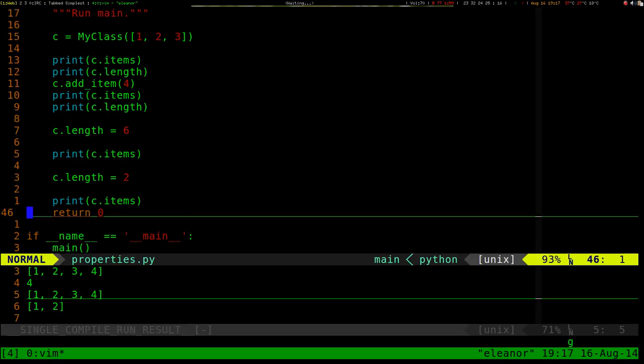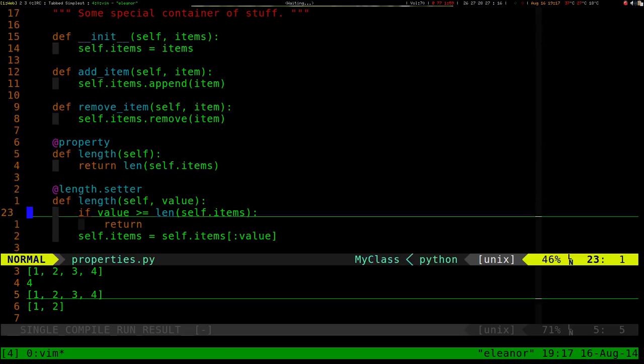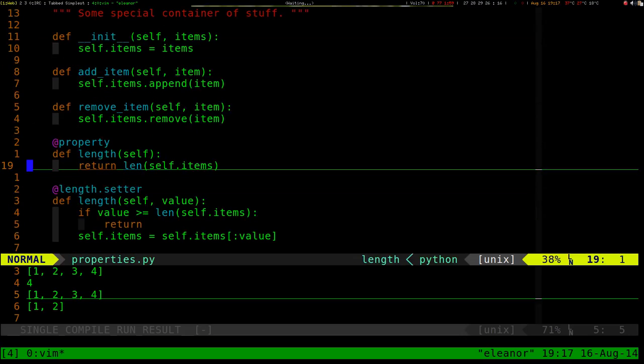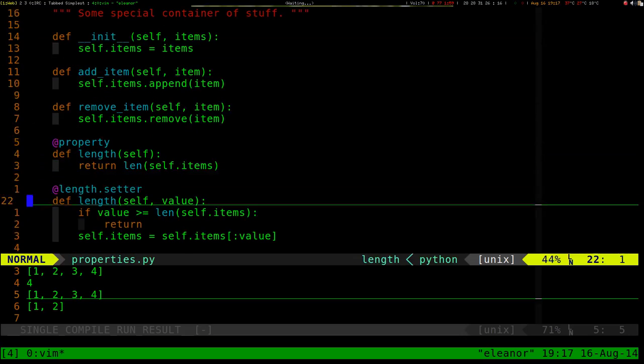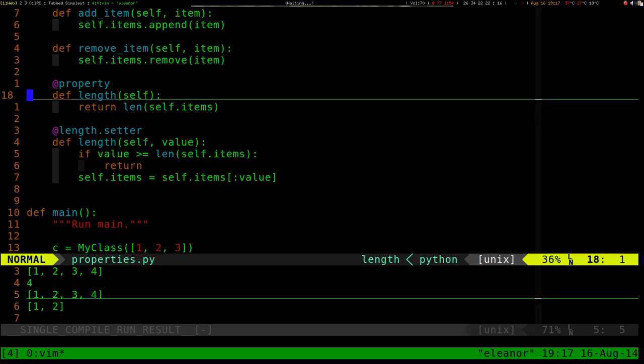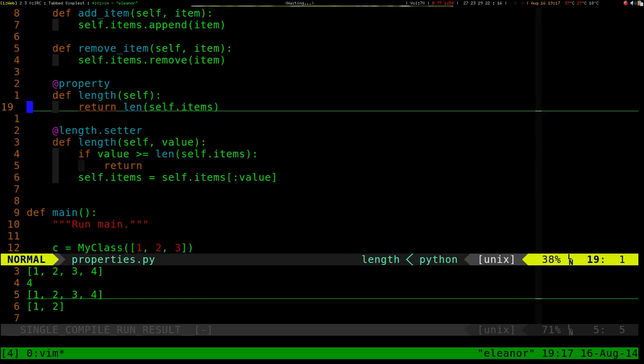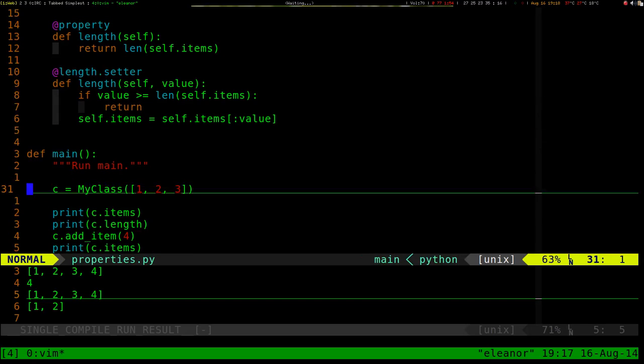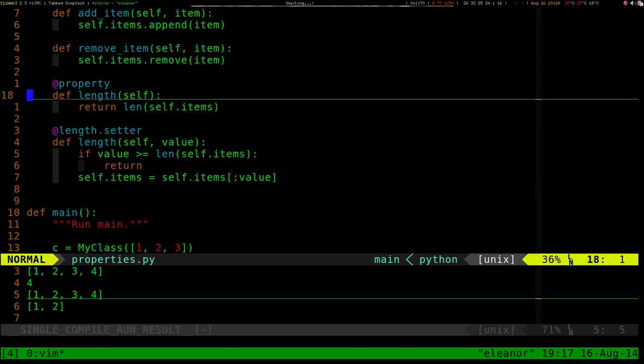So this is how properties work. It's basically a secret function that runs when you try to access the attribute or try to set a value to it. Okay. And this is kind of a trivial example here, but you can do a lot of really crazy things with this because